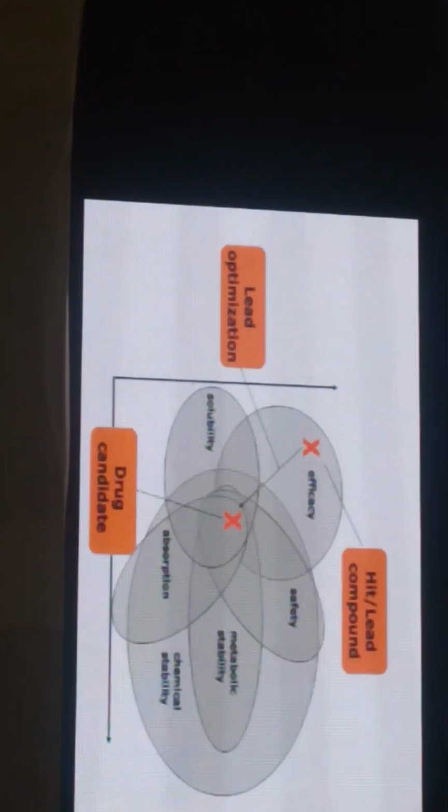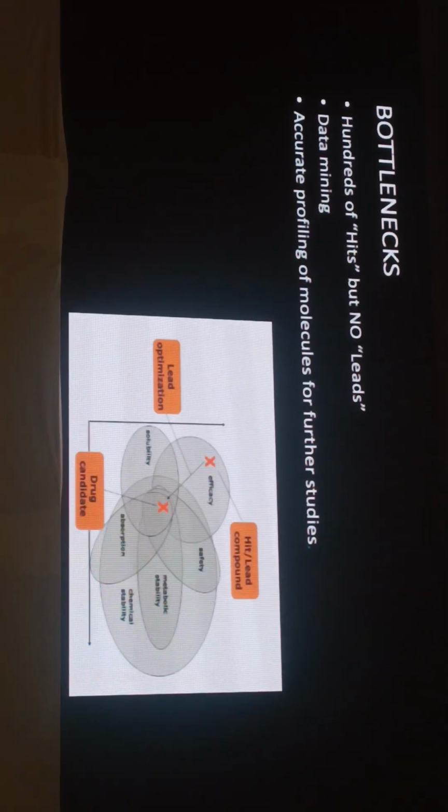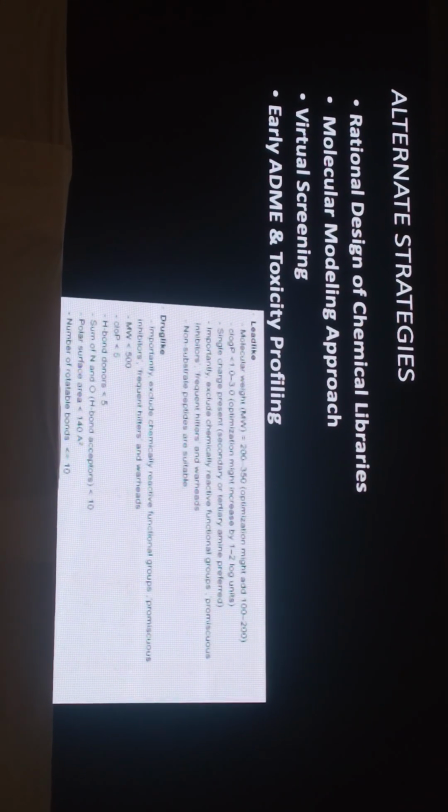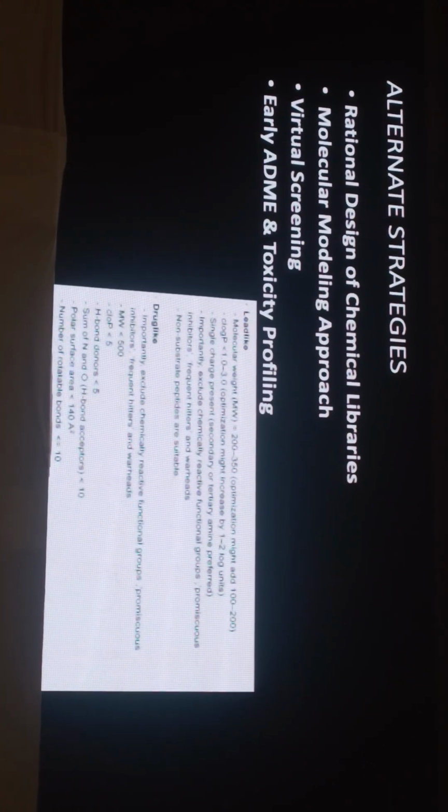So this is another thing कि अगर आप चाहते हैं कि आपने कोई सिंथेटिक केमिस्ट्री से आप बिलोंग करते हैं, आपका काम ऑर्गेनिक सिंथेसिस के अंदर है या फ्यूचर में आप करते हैं, तो आपने उस कंपाउंड को मॉडिफाई करना है in such a way that it becomes druggable, ये ड्रग कैंडिडेट बन जाए. Okay, then alternate strategies, it involves the chemical libraries involvement, molecular modeling, which includes a lot of techniques. QSAR भी है, then उसके बाद CoMSIA है, CoMFA है. There are a lot of them where people use that.